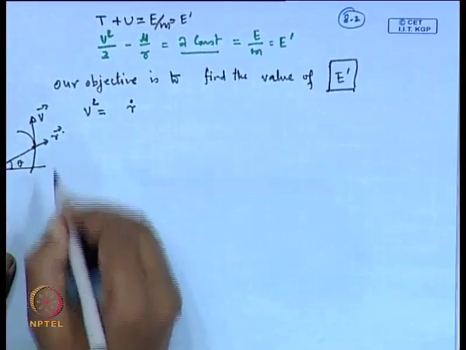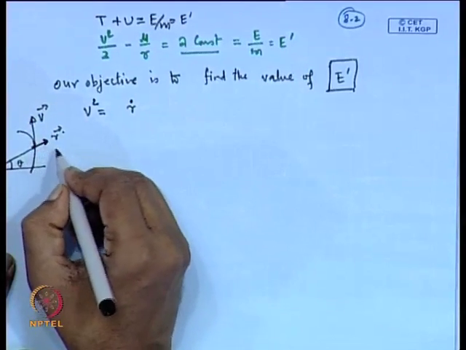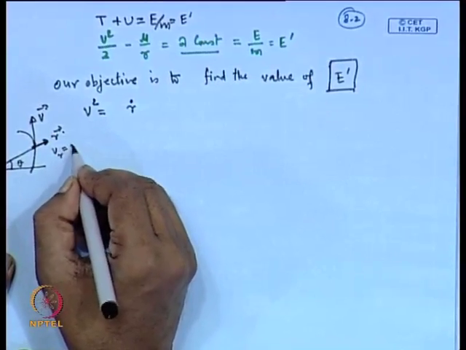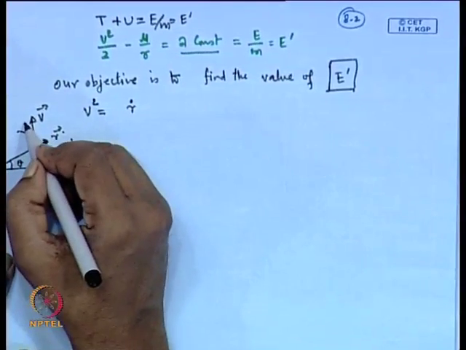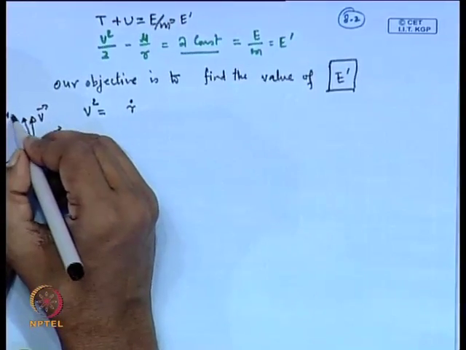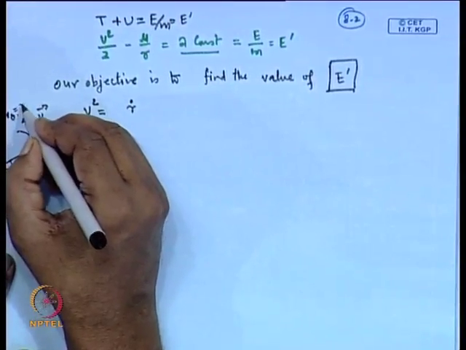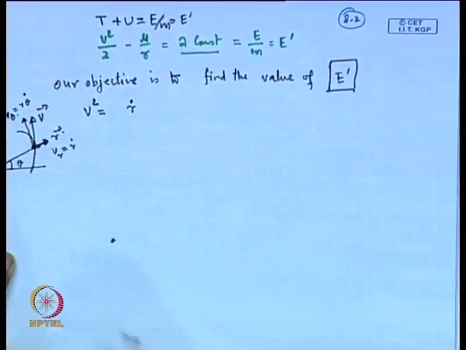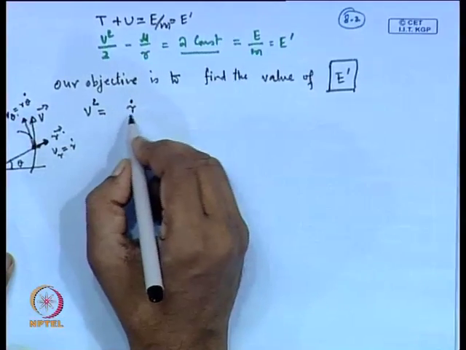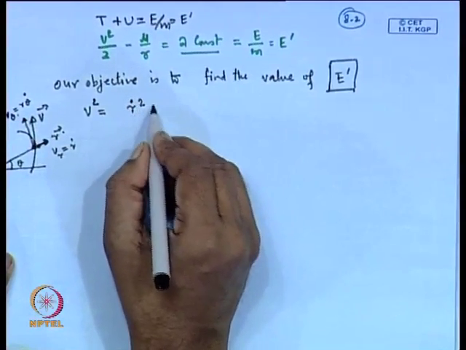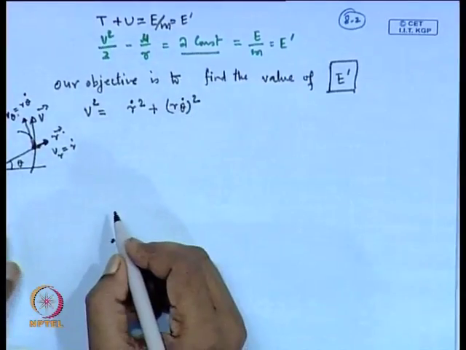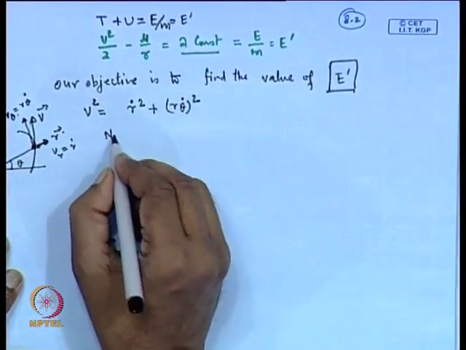In this direction the velocity component V r can be written as r dot, and perpendicular to this we can write V theta, which will be r times theta dot. These are the two components of the velocity. So, we can write V square as r dot square plus r times theta dot square. Now, we know that